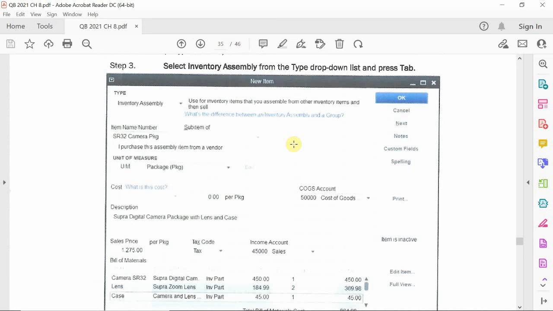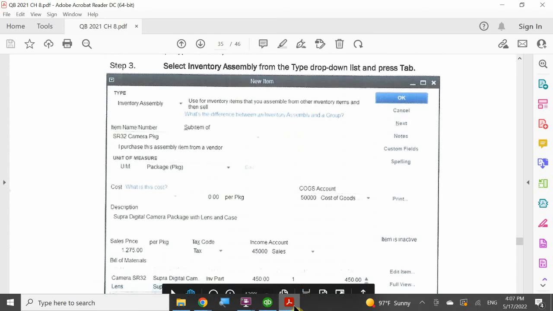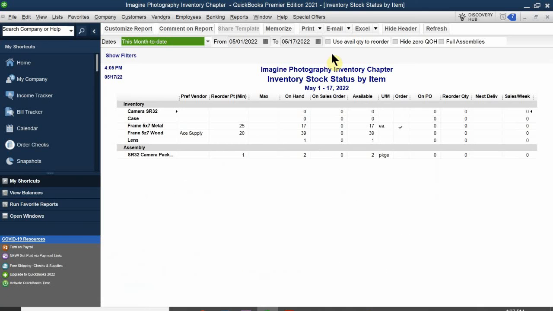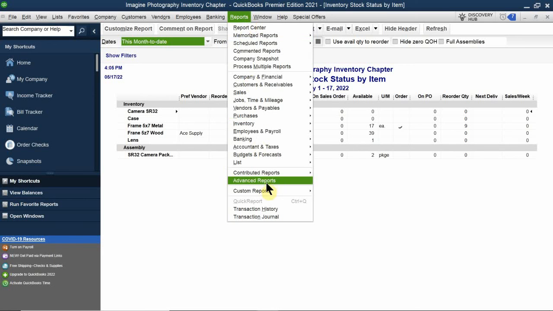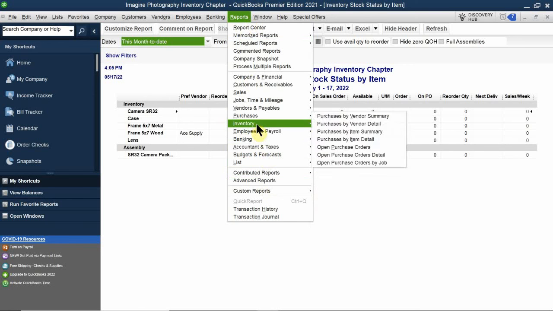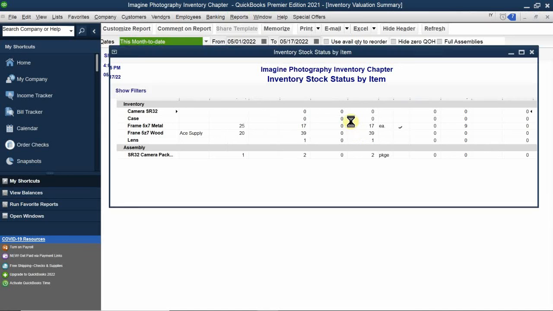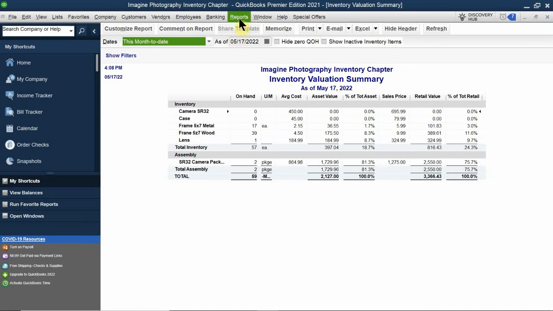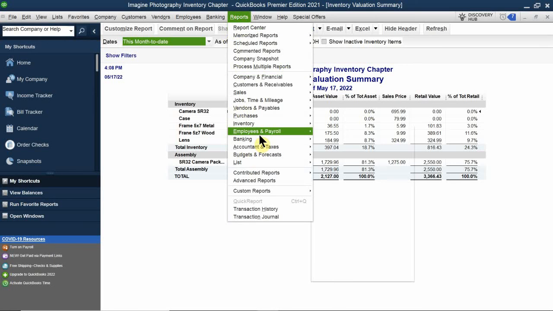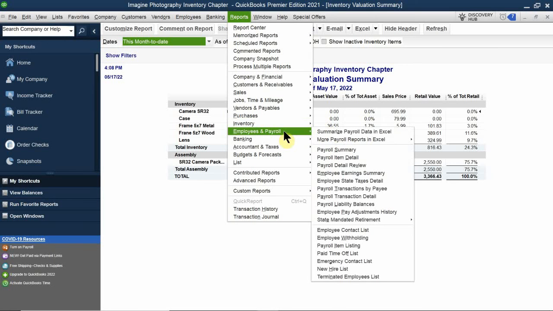But at the end of the day, even if you go through your inventory, so let's go through our inventory valuation, it should still reflect that you have X amount of items. So right here, since I sold it, I have 17 picture frames available, right? But what I'm looking for is the value of it. So this is also where, if I go ahead and click, oh, wrong one. I'm supposed to click the detail report. So inventory valuation,